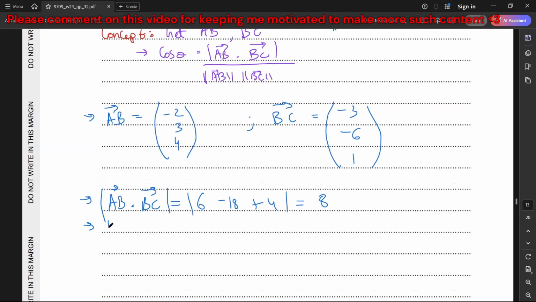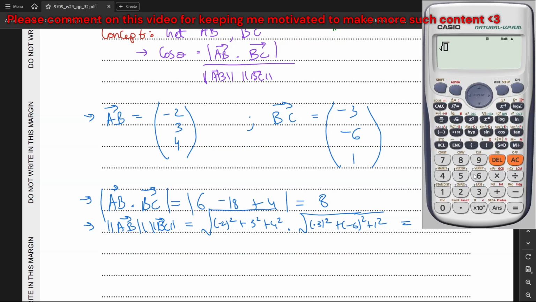And just like this, what is the magnitude of AB multiplied with the magnitude of BC vector? It is going to be equal to the square root of minus 2 square plus 3 square plus 4 square multiplied with the square root of minus 3 square plus minus 6 square plus 1 square. If I plug this directly into my calculator, let's see what I end up with. Minus 2 square is 4, plus 3 square is 9, plus 4 square is 16, and this is multiplied with the square root of 3 square is 9, 6 square is 36 and 1, so it's coming out to be